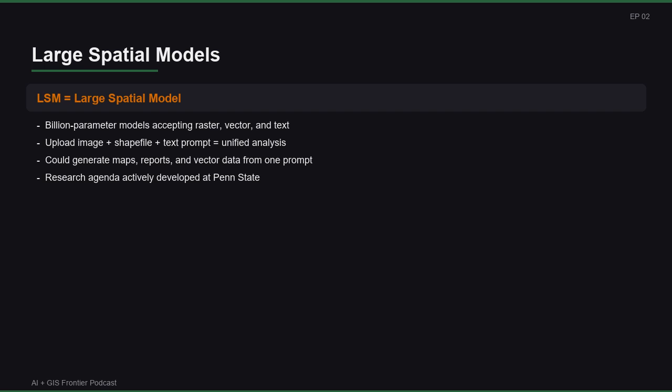For an environmental consultant using GIS daily, what should they be doing right now to prepare for this shift? 3 things. First, start experimenting with the natural language GIS tools that already exist. The ArcGIS AI assistants, the QGIS GIS Copilot, even just using ChatGPT to write your geoprocessing scripts. Get comfortable with the interaction pattern. Second, learn to be a good editor. These tools will draft your analysis, but you need to verify the logic. Knowing your GIS fundamentals actually becomes more important, not less, because you need to catch when the AI gets something wrong. Third,